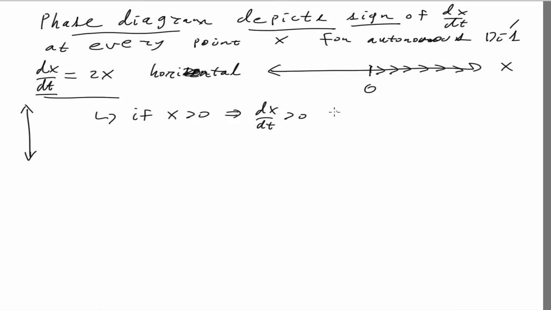Now, if x is less than 0, then we know that dx/dt is less than 0. And so for this whole half of the line, we'll put arrows going the other way, indicating that, so essentially this indicates